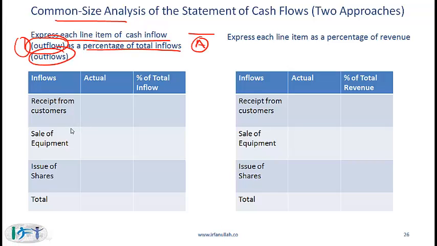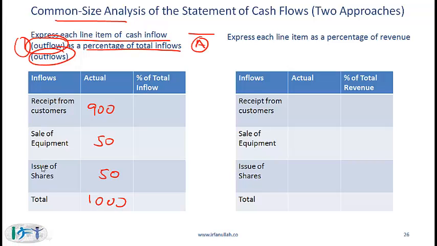So if we create a simple example over here, let's say a given company has receipt from customers equal to 900, the sale of equipment for a given period is 50, and the issue of shares is 50. So let's say the total inflows are 1000. Using the first method,